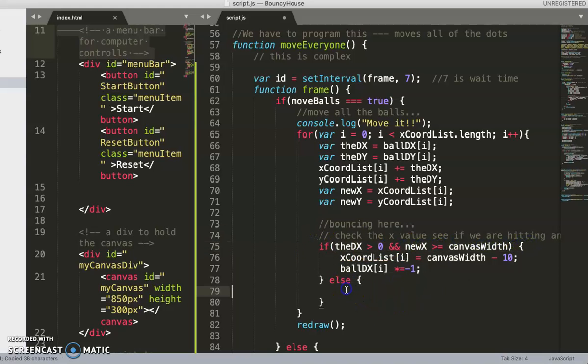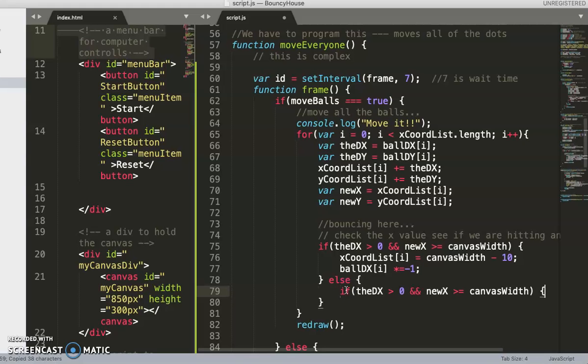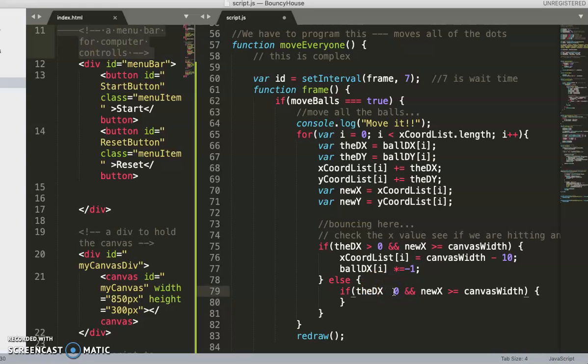You can copy this and say if. So I'm going to go in here, put that in there. Okay, and I need a curly brace to end this. Okay, there we go. And I'm going to say if the dx is greater than 0 and new x is less than, and I think here I want to say less than 0. Okay, if it's less than 0, then what I'm going to do is go like this, and I'm going to say